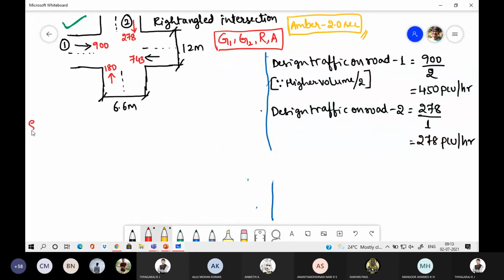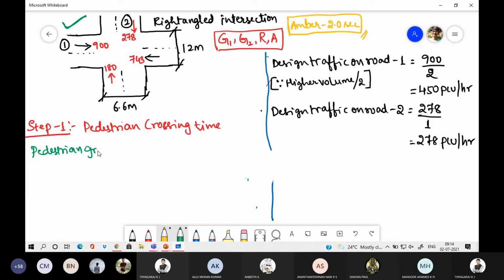Step 1: Pedestrian crossing time. Now, you can observe here. I will write first, pedestrian green time for road 2. So, pedestrian green time for road 2 means you see here,